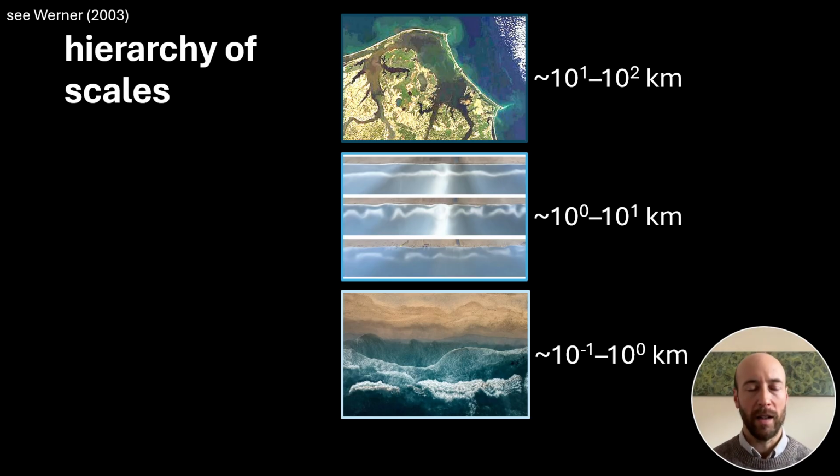So in a coastal setting, we have many problems. Unless you're working on granular mechanics, if you're working on beach morphology or estuary morphology, you're working at a scale somewhere between meters up to a kilometer. When you start looking at alongshore features, larger scale morphologies, you're somewhere between 1 and 10 kilometers. In this case, what's pictured in the middle are alongshore bars. And if you're looking at much larger scale coastal features, you might be on the order of 100 kilometers.